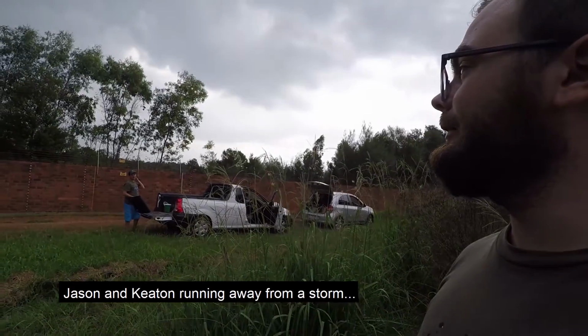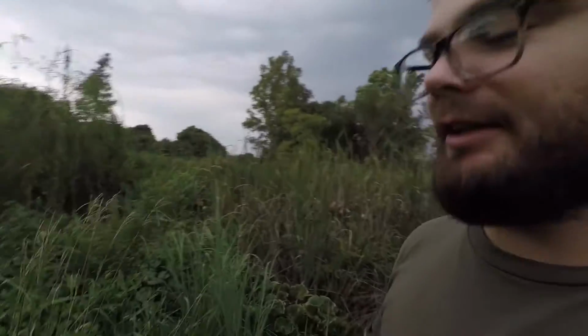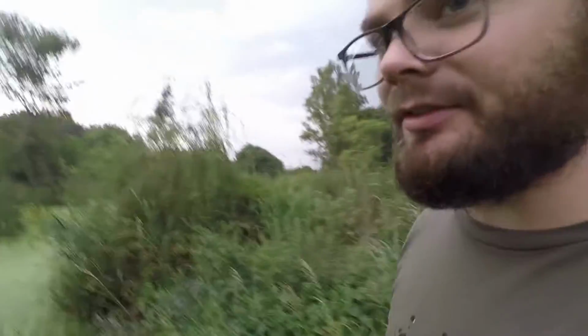Jason and Keaton running away from a storm. It's the story of our lives. Jason and Keaton running away from the storm. But we did live through the last one. There was a storm today. Not bad, but